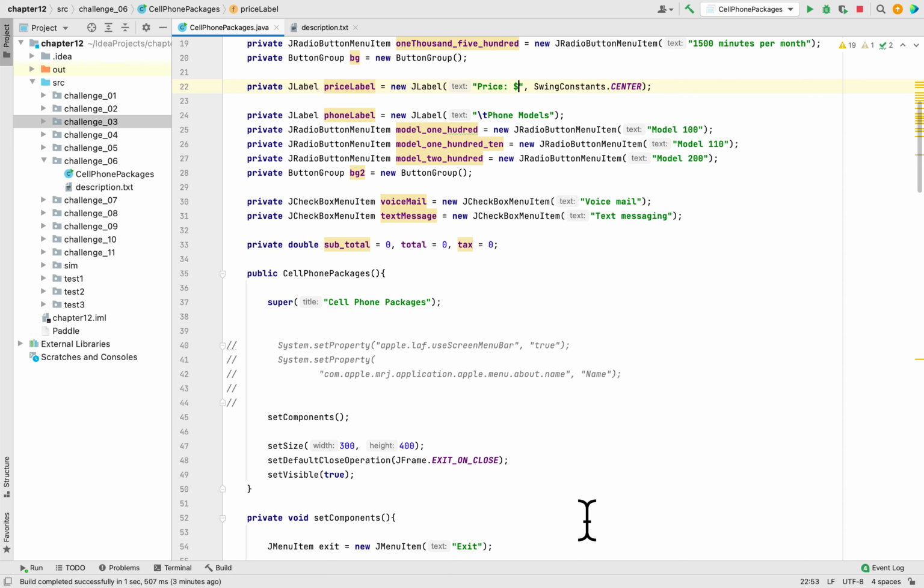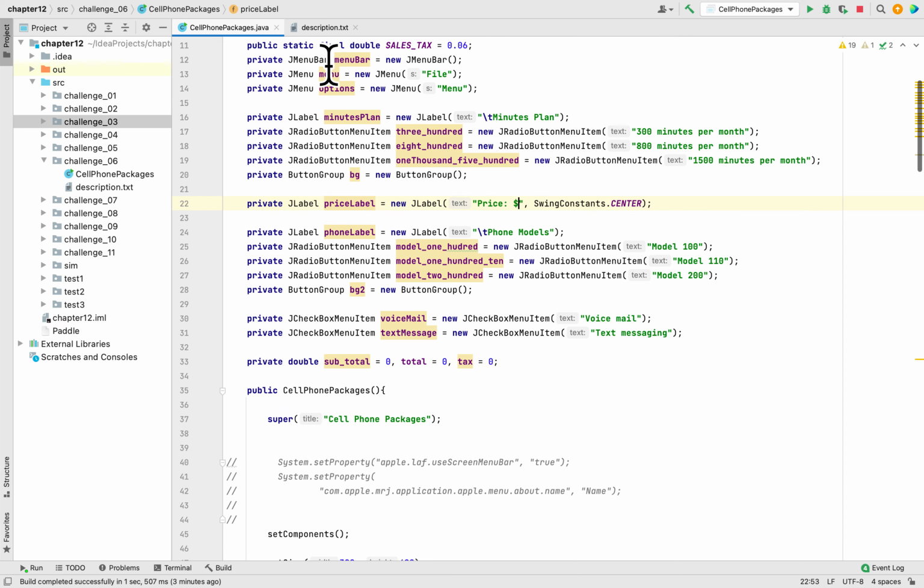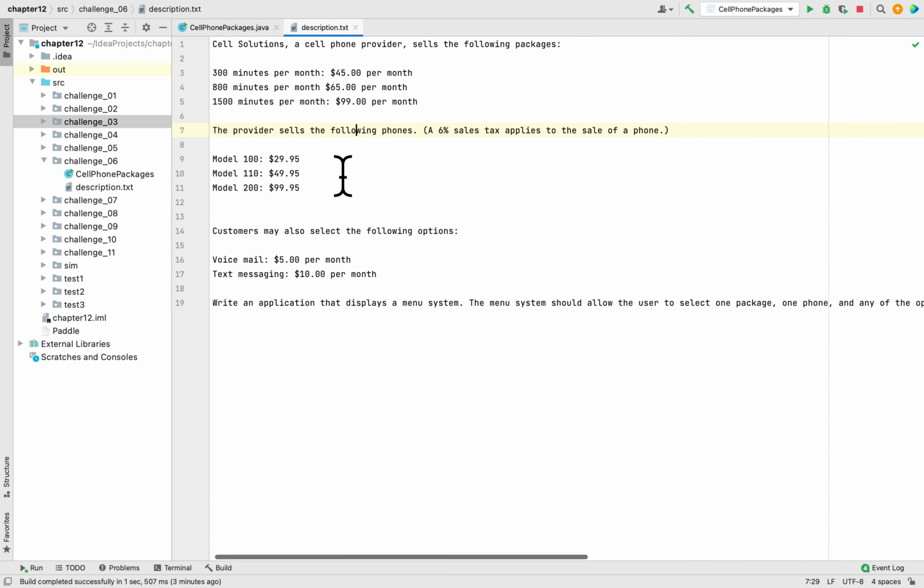Channel. Today we are working on programming challenge 6 in chapter 12 in the book Starting Out with Java. And this programming challenge is to create a GUI that calculates the cell phone packages. Here in the description, they said